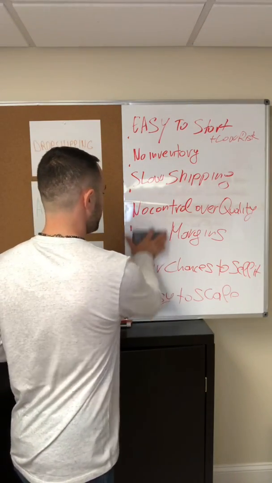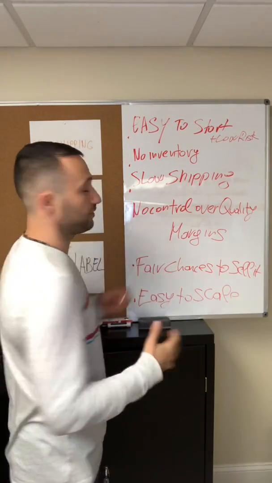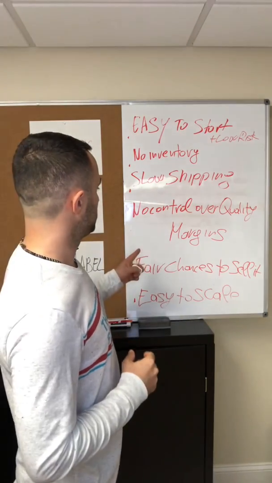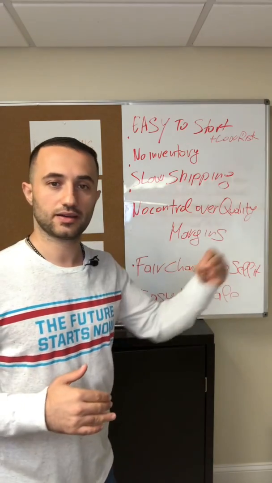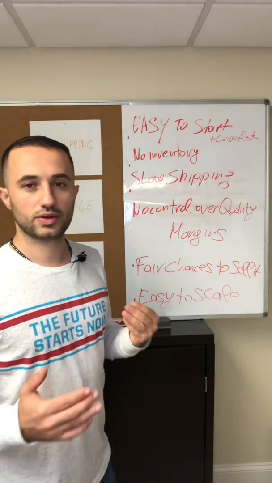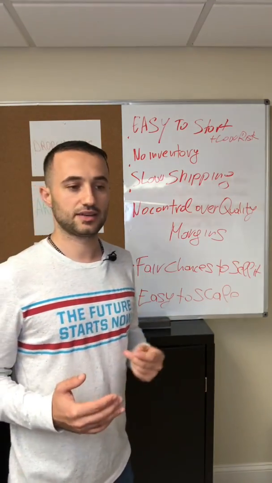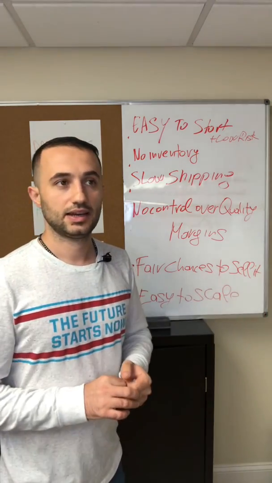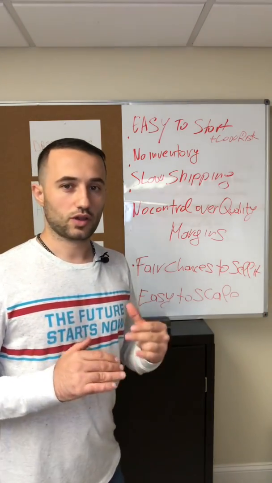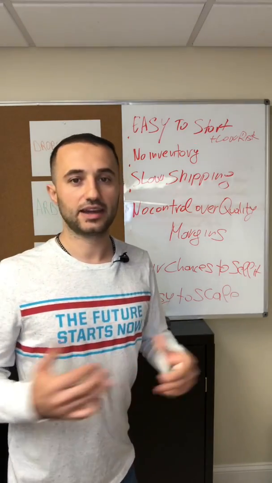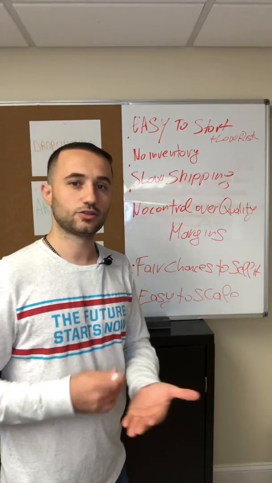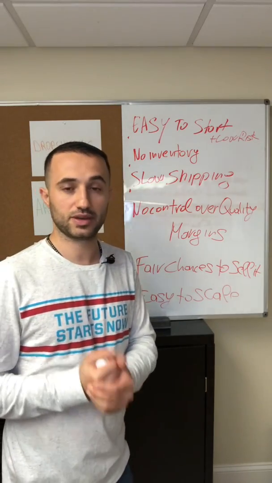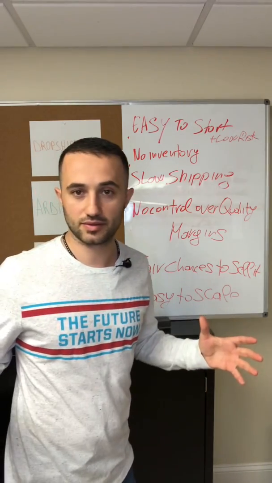So the margins, I wouldn't say they're fair, because you never know. It depends on the competition and how much of a discount you get when you buy the product. So they always vary. For example, let's say Nikes, usually they don't go on a lot of sale. It's hard to find Nikes at 80%, 70% off. You can buy them at a 30% sale and still make a ton of profit, because Nike is one of the top